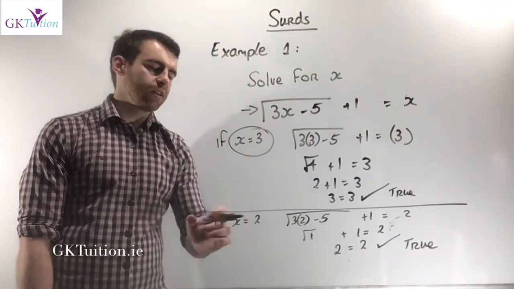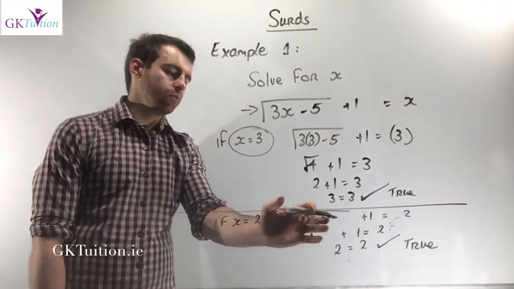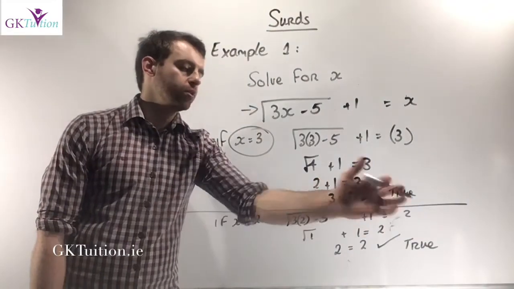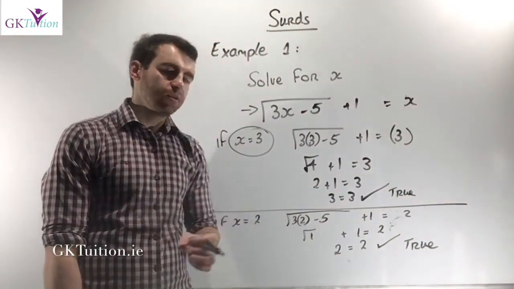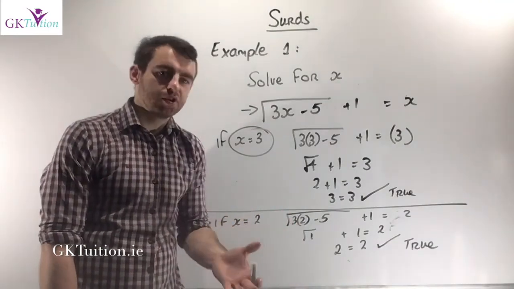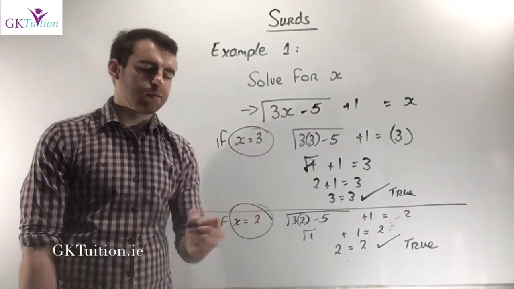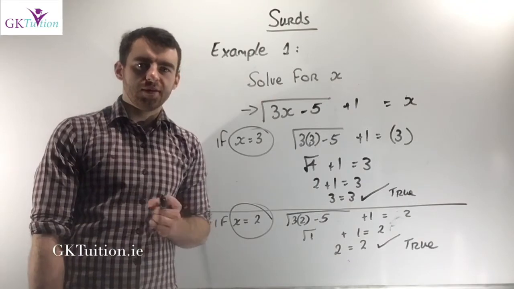For now I try x equals 2, I just rewrite this line again. I get 3 times 2 minus 5, the square root of all of that plus 1 should be equal to 2. And in this case, 3 times 2 is 6 minus 1 gives me 5. And the square root of 1 is just 1. Obviously 1 plus 1 does give me 2, so that's an acceptable answer as well. So let's have a look now at one more example, and then I'm going to give you a few questions